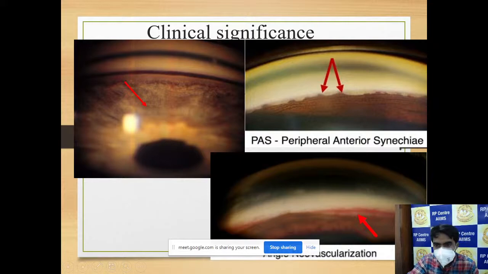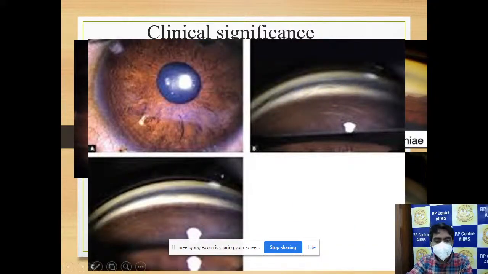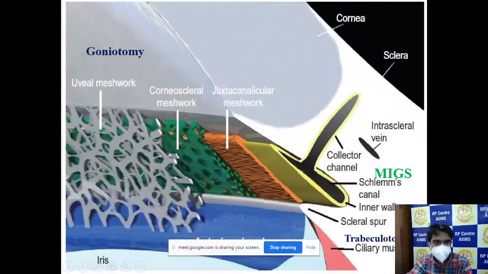But coming to iris processes, which travel from the anterior surface of the iris to Schwalbe's line, there are open trabecular spaces which filter the aqueous. This is neovascularization of the angle, where neovascular tissue is present in the angle. These vessels pull the iris towards the trabecular meshwork, so secondary angle closure happens here. Then this is a gonioscopy image of a primary congenital glaucoma patient, where abnormal angle development is seen in the gonioscopic structures.